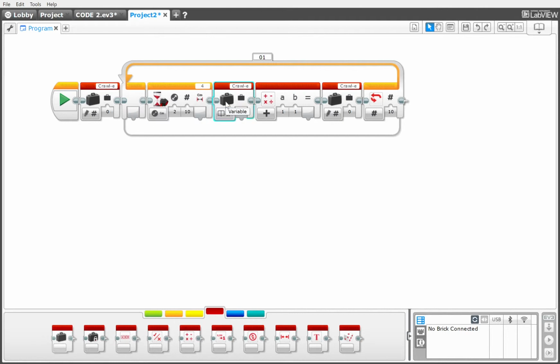So first, it's going to read this variable, and then this variable is going to be plugged into this A slot right here, right? The reason we're plugging this into the A slot is because this is going to register this as one object, right? And so after this has been registered as a variable, it plugs into here,